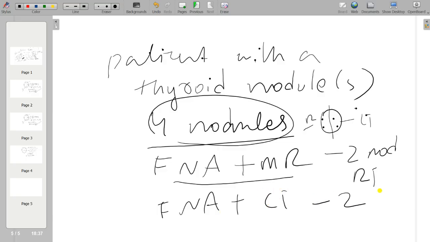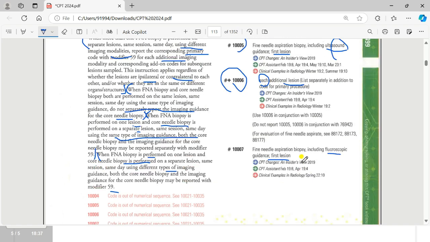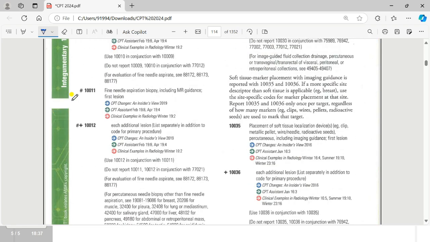So how do we code this? By applying the guideline. Total 4, right? So the FNA magnetic resonance code, where is that code? Let us check here. Yes, here it is.